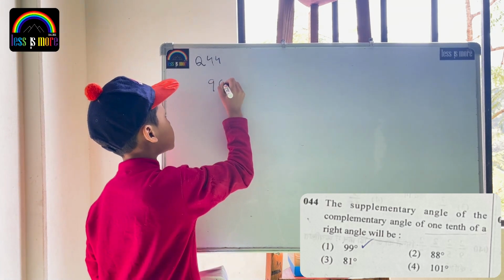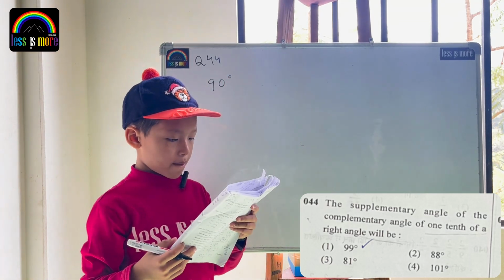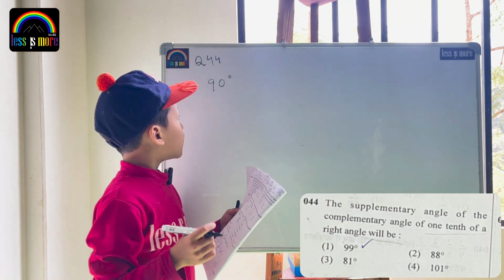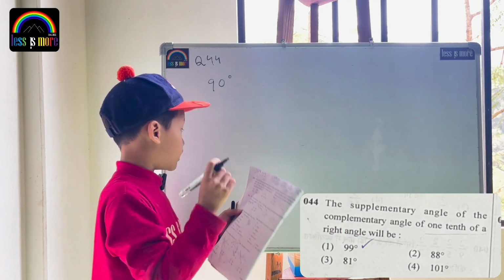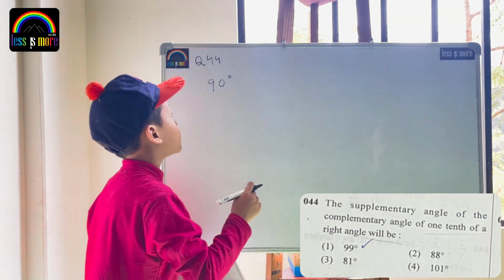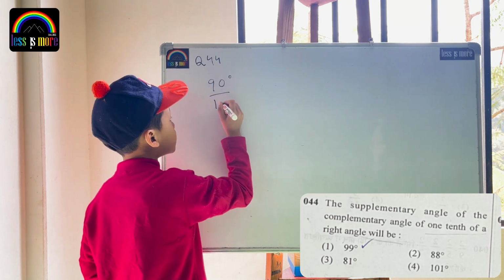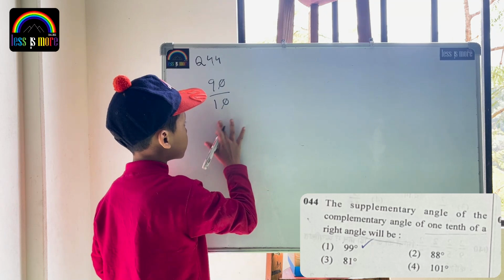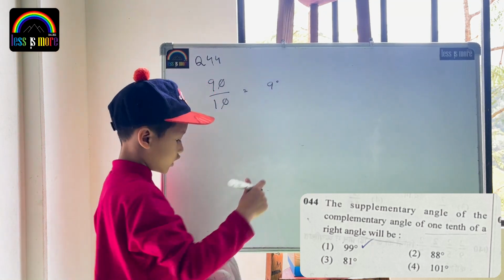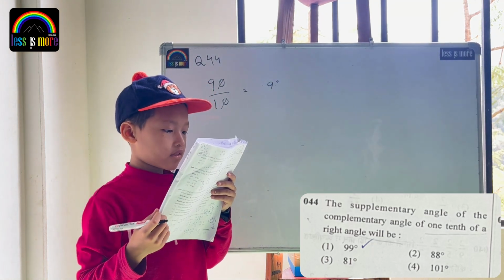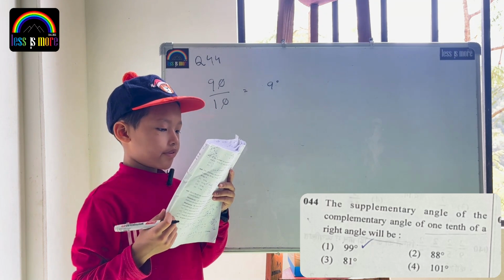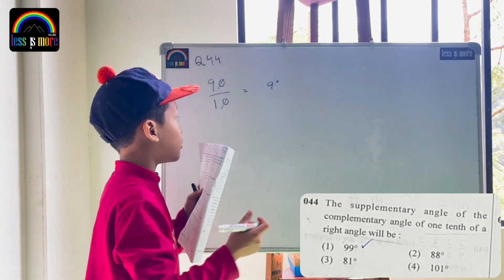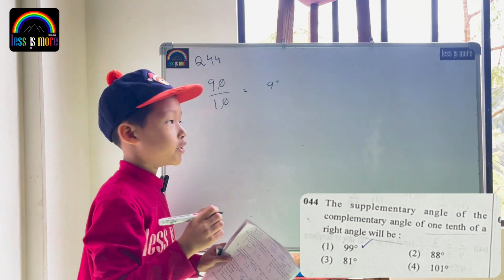We know that a right angle is 90 degrees. Now 1/10 of 90 degrees will be 90 degrees divided by 10. The answer will be 9 degrees. Then the complementary of 9 degrees will be